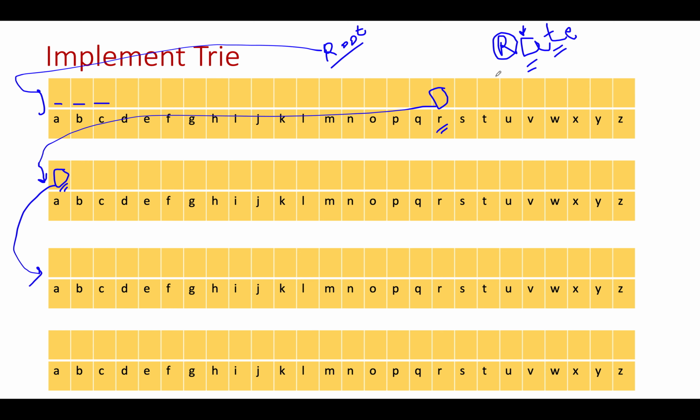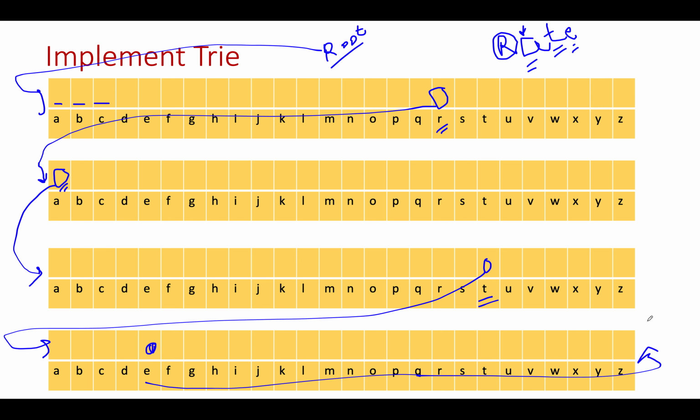And next character that we see is T. So you'll simply go and check what is the node at the T-th index. So it's empty. So you'll go and create a new node, and next you see is an E. So what do you see here? E is empty. So you go and create a new node. So a new node gets created,